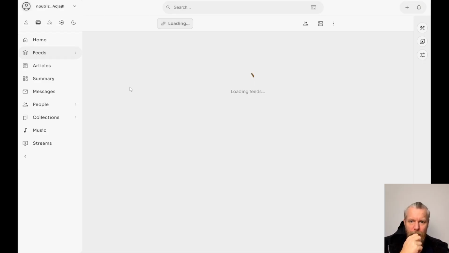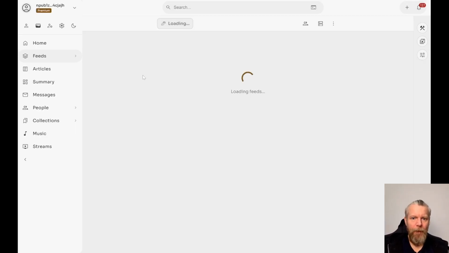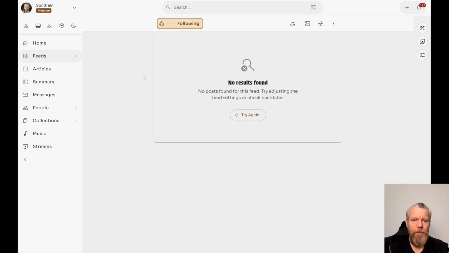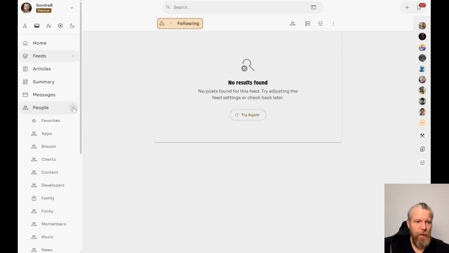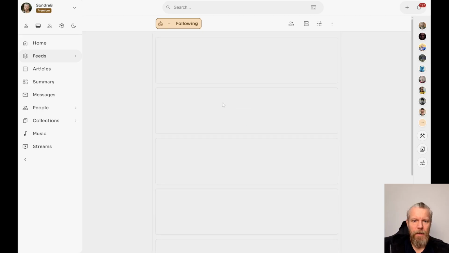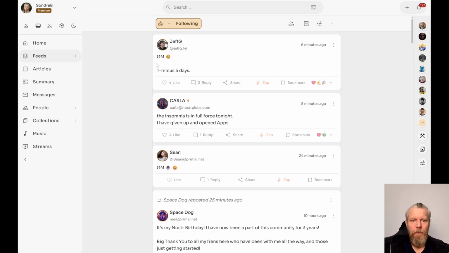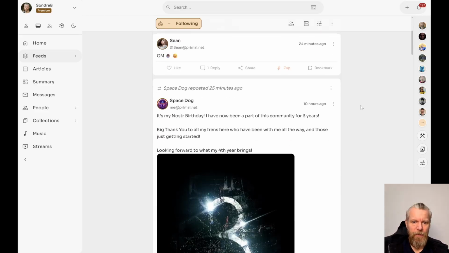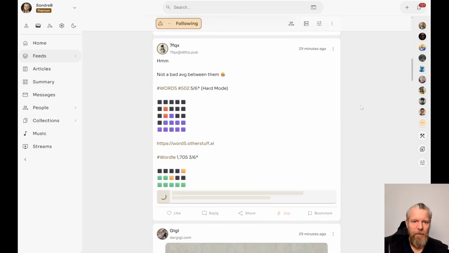Maybe we need to actually reload the application. That's another bug. So now it's downloading everything because I deleted all the data. It downloaded my lists, it downloads my relays, profiles, and a lot of other things. So let's see. Yeah, it downloaded my people list. So let's try again this here. Here we go. So now we got an improved following feed.